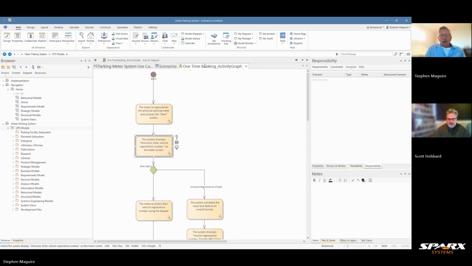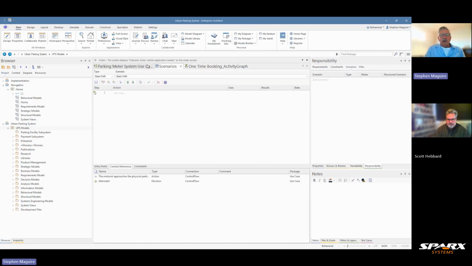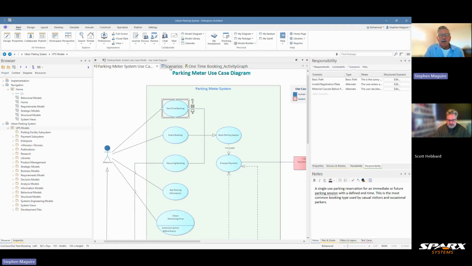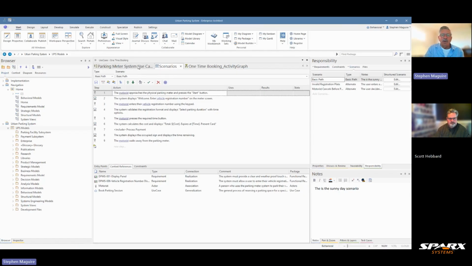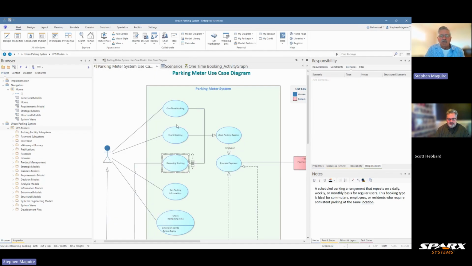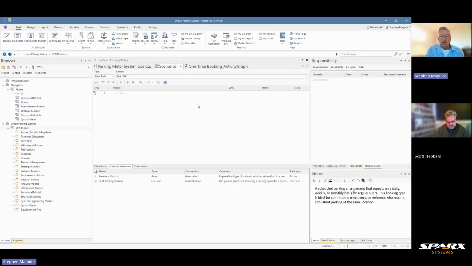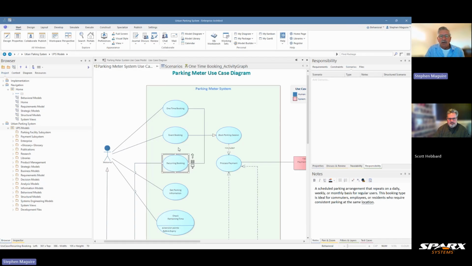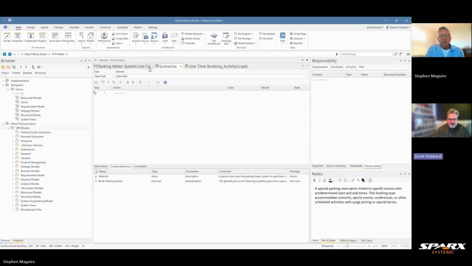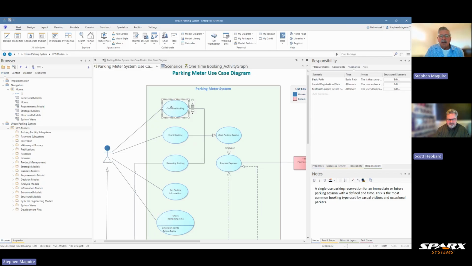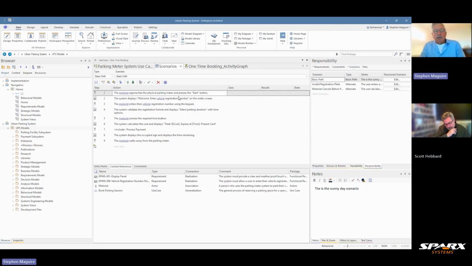So if we change that diagram, we can easily refresh that as well. It's quite simple. What's happened here, Scott, is that I need to select the use case in the model for that to pop up. So that's a common error with people. If you've got a different use case selected and we go back to the scenarios window, you think, well, why is that not working? And you can see because you could have multiple scenarios for each use case on the diagram. Exactly. Yeah, exactly. So look, that's covering most of the things that I wanted to talk about with the